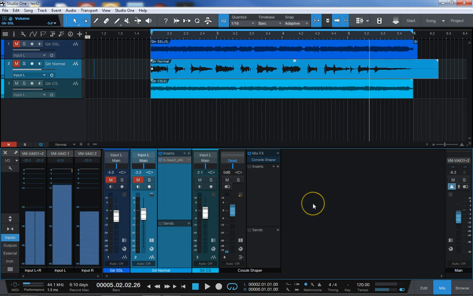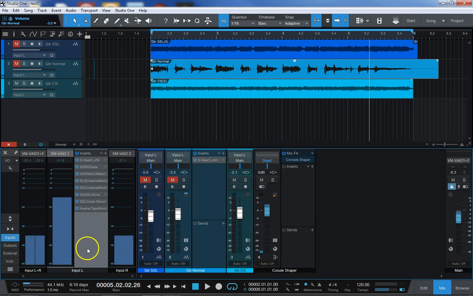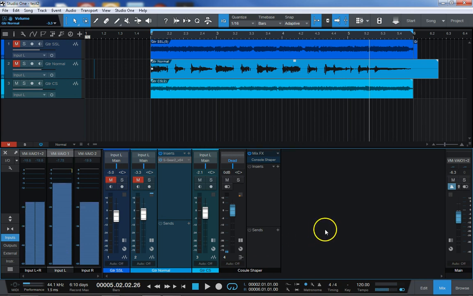So these are just some options that you might not have known were available to you. If you knew about this insert on the input stage here, kudos to you. If you didn't, and you find this useful, and being able to track right through the console shaper inside Studio One helps you,